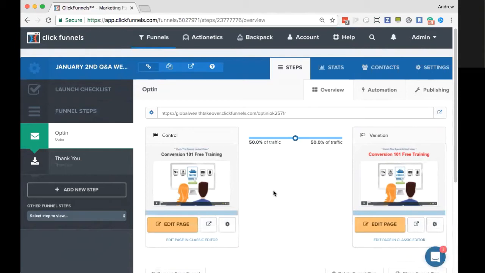We have an individual asking, what is funnel scripts? Okay. Funnel scripts is an application that basically writes the copy for your funnels. You will go through a series of steps. You'll answer some questions, and when it finishes up, it's actually going to write the emails and write the page